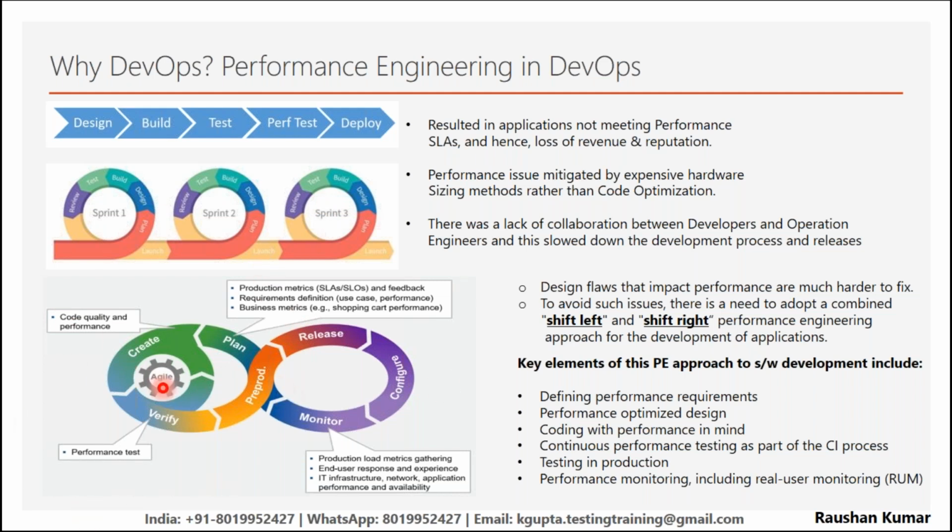If we talk about DevOps here, this is the planning phase or the building phase, where the software gets developed, and this is the testing phase. If we talk about the DevOps life cycle, we'll cover it in detail in our regular sessions. But when we talk about DevOps, we talk about continuous development, continuous testing, continuous integration. We leverage tools like Jenkins here, or some other tools also. We have continuous testing, continuous deployment, and then continuous monitoring. And with the feedback from the monitoring, we again develop the application. So it's a continuous process.